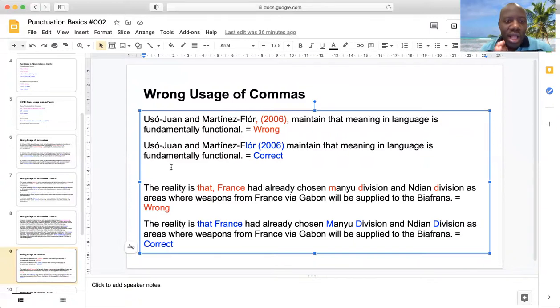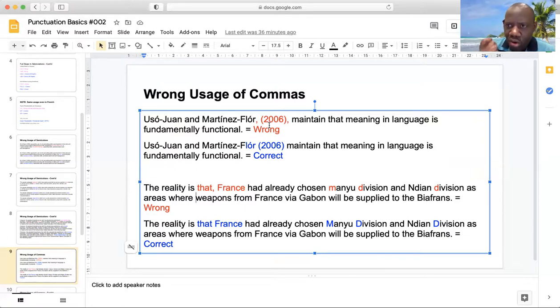Anyway, coming back to this now, you see Uzo Juan and Martinez Flor, comma, and then 2006, comma, maintain that meaning in language is fundamentally, this is wrong. There is no good reason why this date should be bound off with this pair of commas. It's completely wrong, because actually, according to